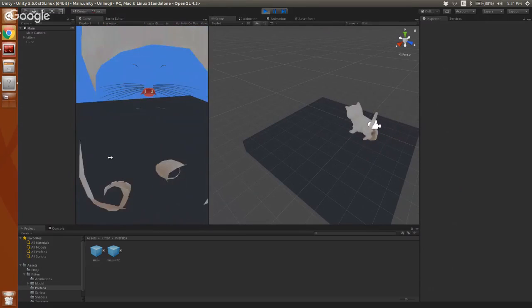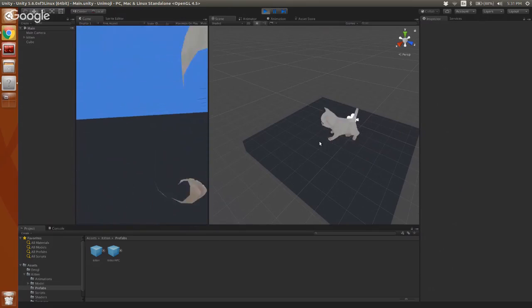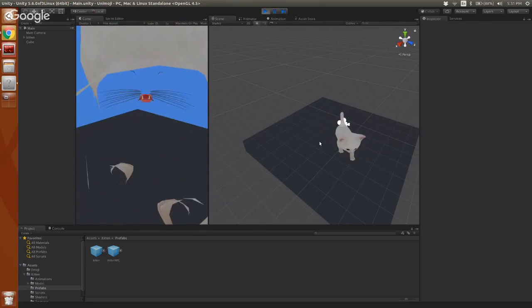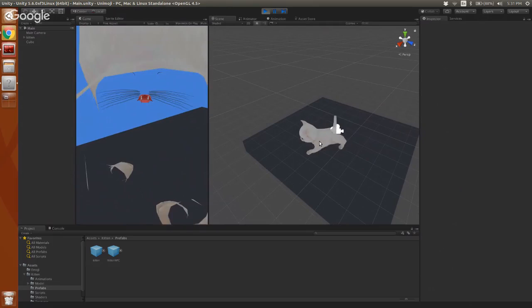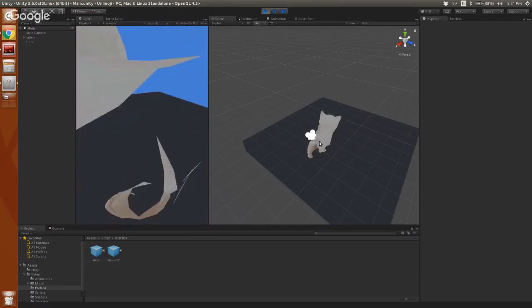So now my kitten very, very slowly walks around with a camera for some reason in her butt. But that might be why the collider was higher, because the camera was tied to the position of that collider. So when I moved it down, it moved the camera down. But we can see over in the scene view, this kitten is very, very slowly chilling around. This is actually a really good